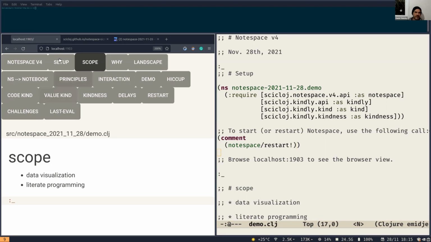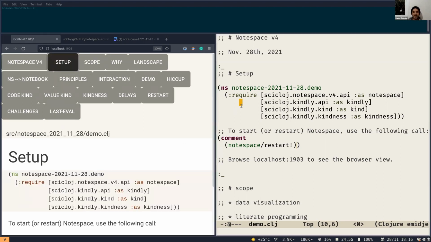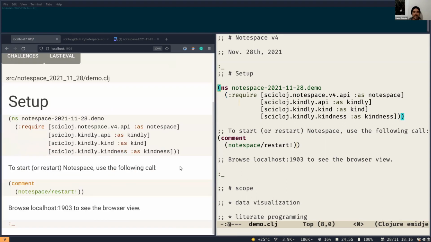So for example, here the setup not only appears in our Clojure namespace in the editor, but also here in our document. And this term was coined by Donald Knuth, and it has got different implementations